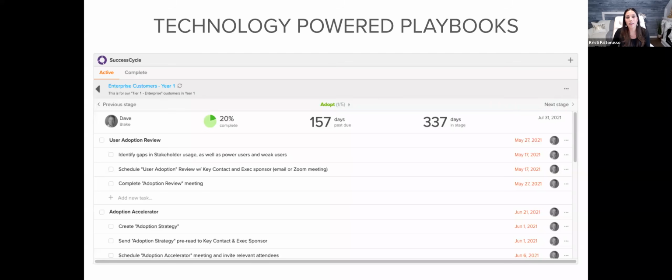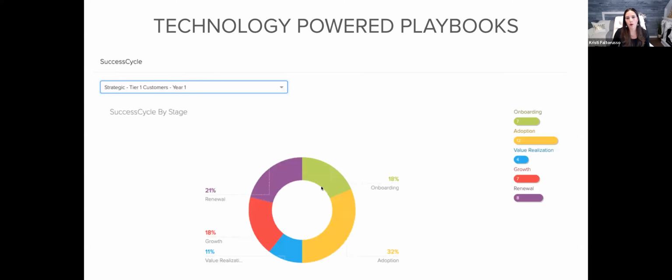So again, it doesn't need to be client success, but having this type of visibility around how your team is using them, how they're deployed against your customers, and how your customers are benefiting from the output of the work that you're doing. And then being able to report on this, we also have a comprehensive view that allows us to see a roll up. So how many of my customers are deployed for any particular success cycle, and what stages they're in. So I always get the ability to see, okay, where are my customers in these different playbooks? And we've got playbooks to support customer journeys as well. So super cool, it gives us a ton of visibility and makes it really easy for us to manage against our customers